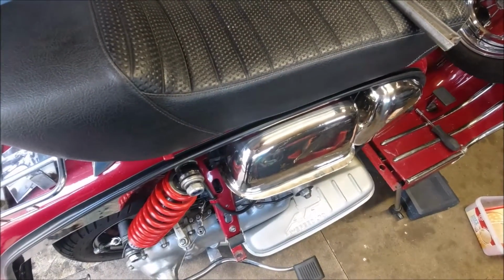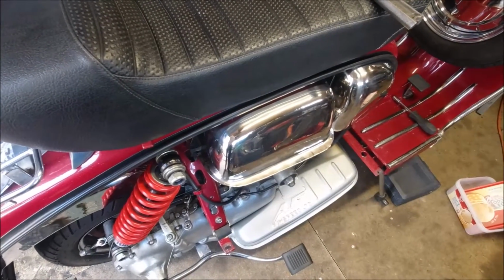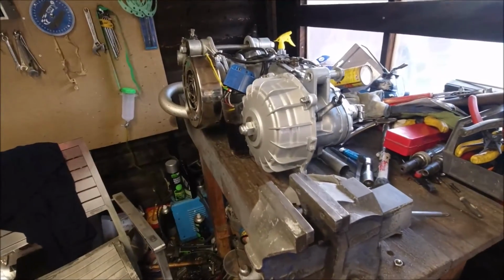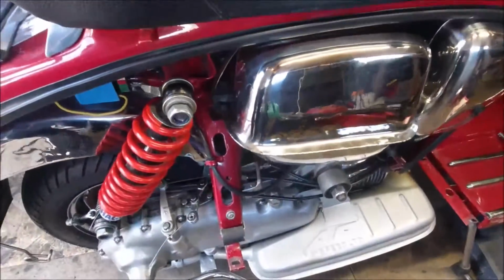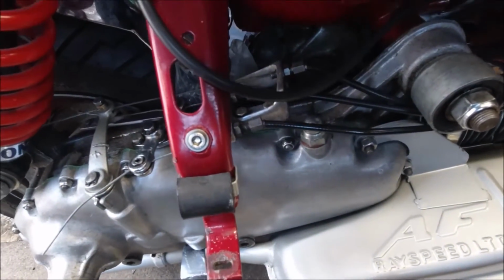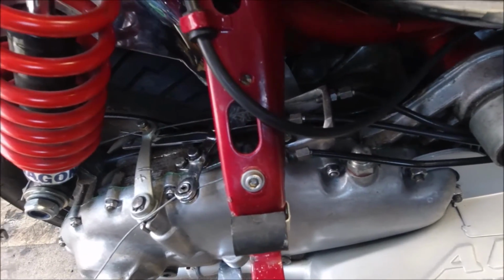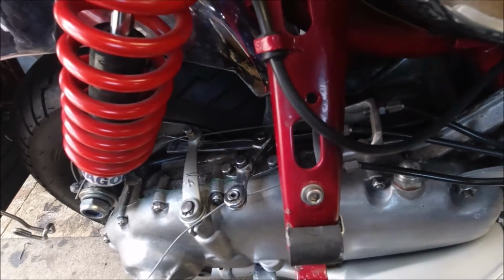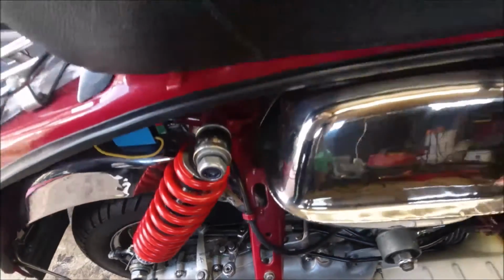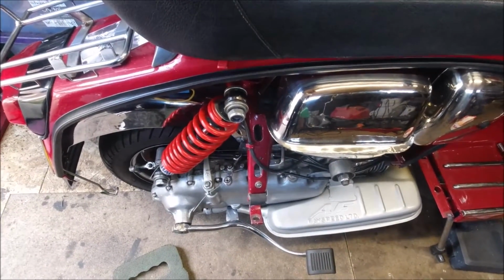In this video today I'm going to be taking out my AF Rapido engine, and putting in the engine that came from the build. I need to do the oil seals on this engine, so I'll show everybody how to take an engine out and how to put an engine in, and what to disconnect, what to drop out, etc. So watch this space. And although it's a continuation of the Lambretta rebuild engine, I'm going to call this video